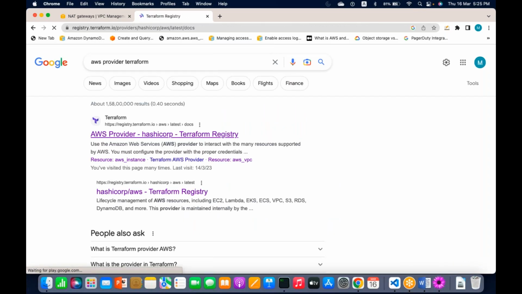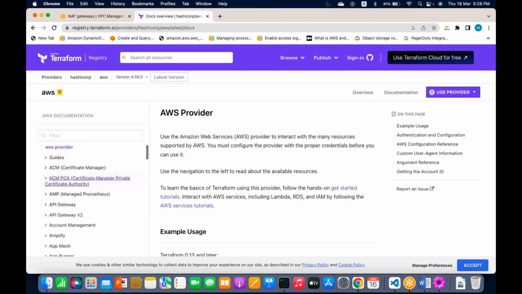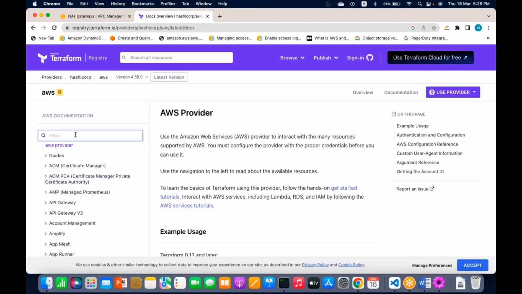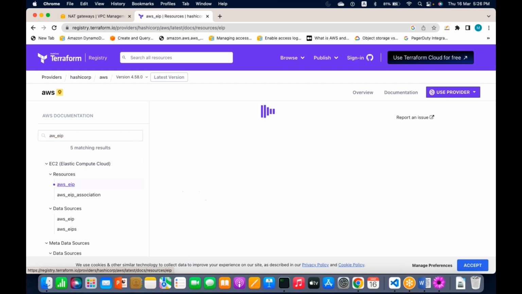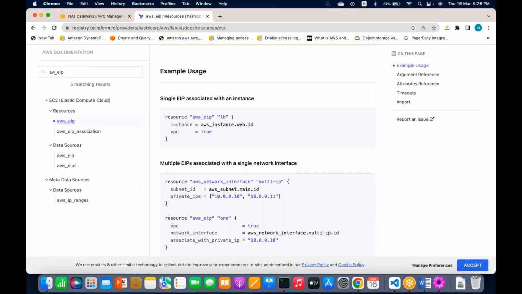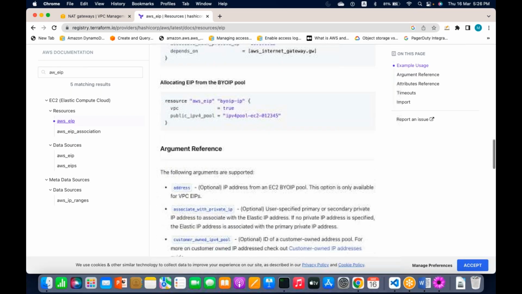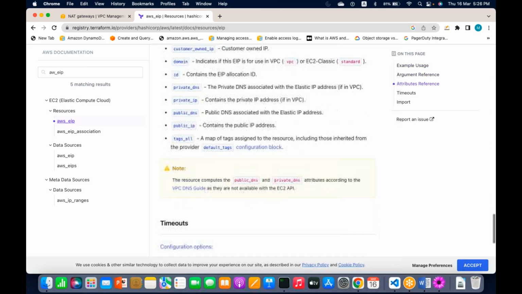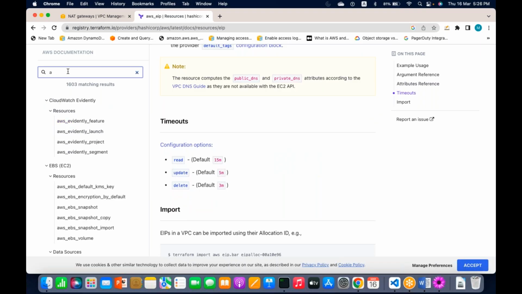If you go to this documentation, they are giving all these things for IGW, for this elastic IP. But for NAT instance, what they're saying for AWS NAT instance,